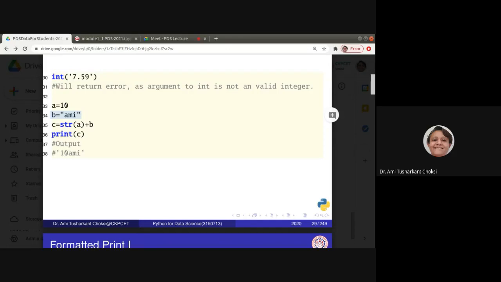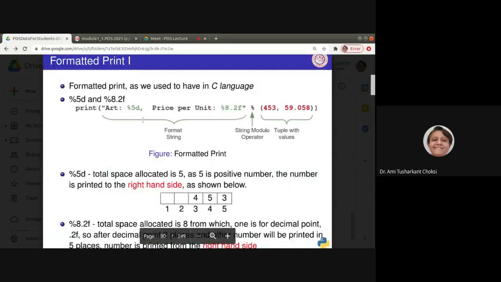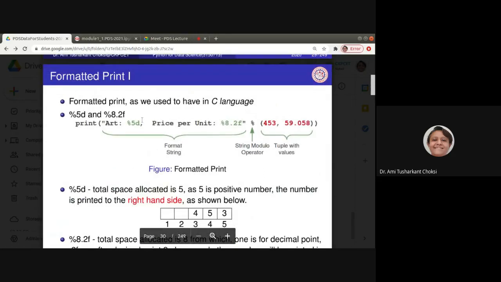Getting it? Okay. So now we want to know about the formatted print. This we used to have in our C language. So same as that, if we want to have it, what to do? Let us check it out. Percentage 5D and percentage 8.2F.